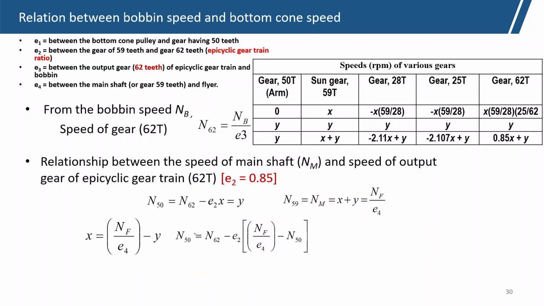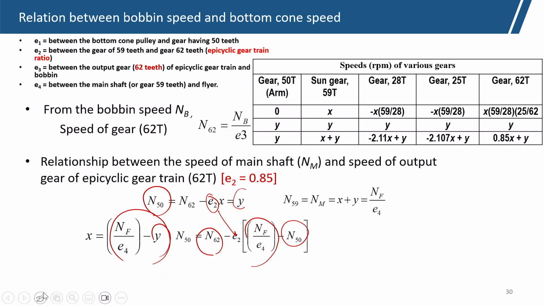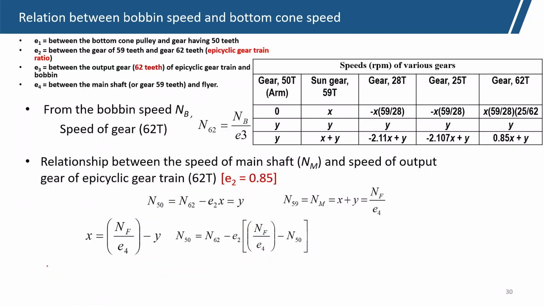So, N50 we have got N62 minus E2, and x is replaced by this one, and what is y? Y is nothing but this is N50. Okay, so this is just replacement of the data. So, N50 equal to N62, that is the speed of the output of the epicyclic gear RPM,